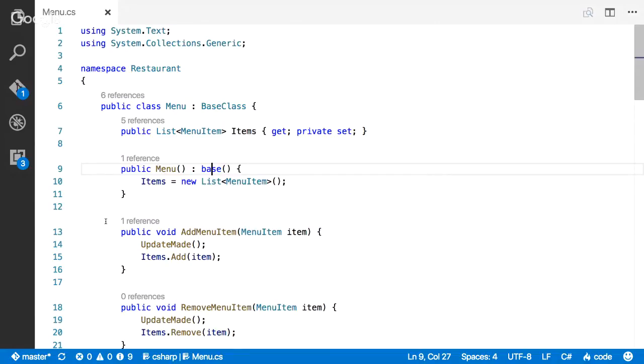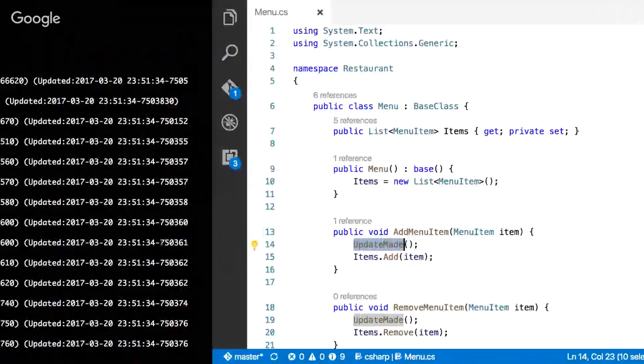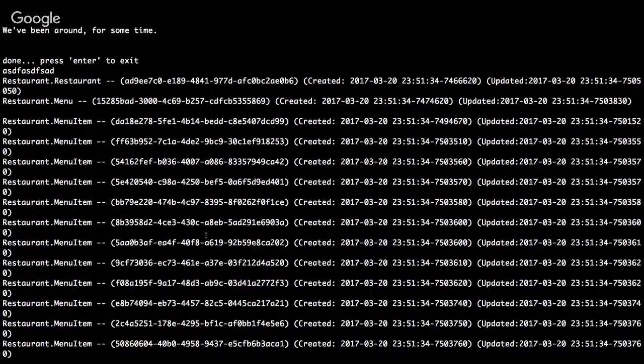Now what we do for menus, as mentioned, we need to be able to add and remove items from our menu. So we have an add menu item, which takes a menu item, as you might have expected. That's that item. It calls update made. This reference and call to update made is what's automatically updating the menu every time we add an item to it. It's why over here, the updated time on the menu